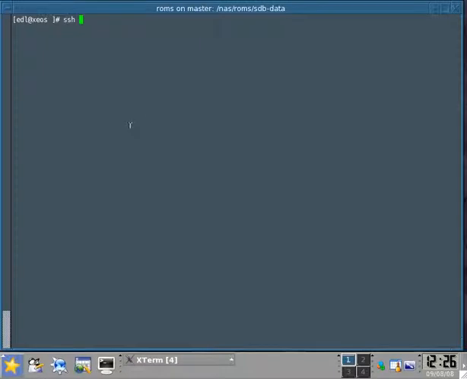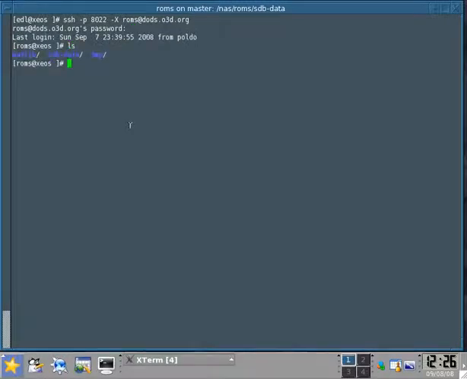So it's going to be SSH minus port 8022 minus X to forward the display, and then it's going to be user-roms at dots.o3d.org. So this should get you into the main cluster, the main system here at Georgia Tech. When you log in,